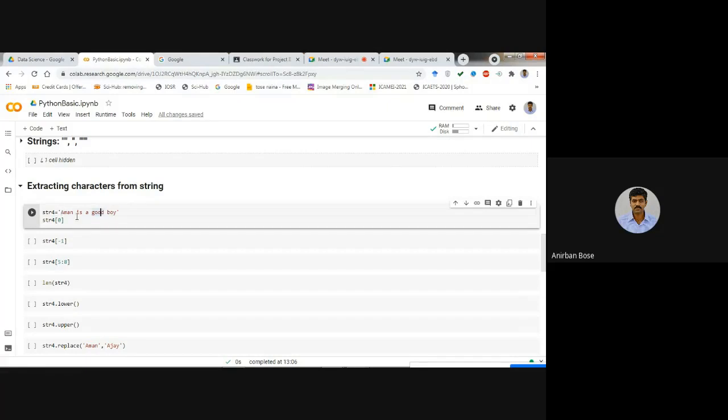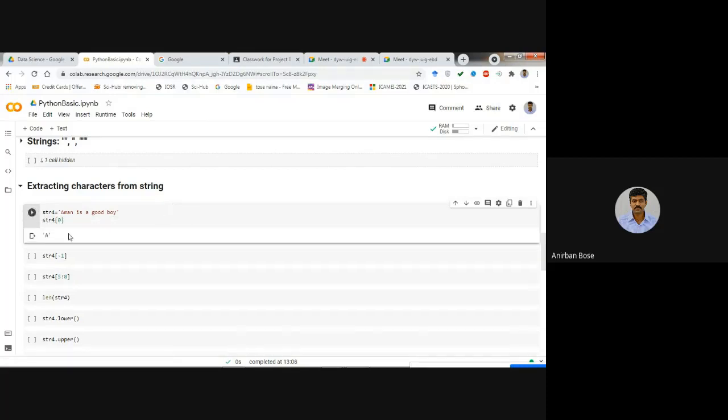So how is the indexing done? Indexing will start from 0 always. So the index of the first character is 0. Then index is 1, 2, 3 in this way. So that you have to remember. If you want to extract A, then you write the variable name, and within third bracket, that means within this box bracket, you have to write the index. So which character you want to extract. If you execute this set of lines, you see that it is extracting A from this set. Clear?